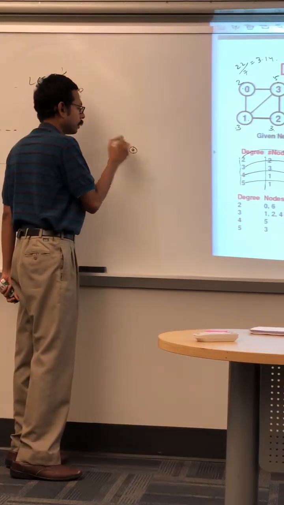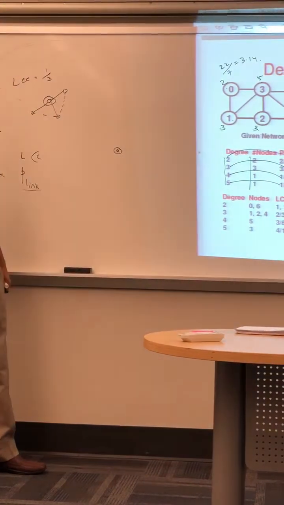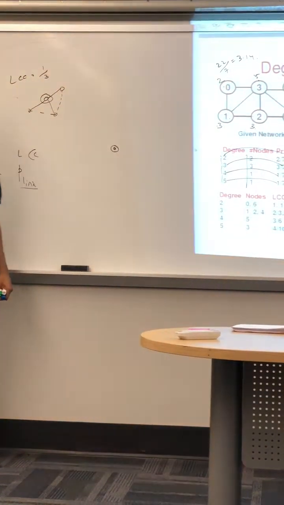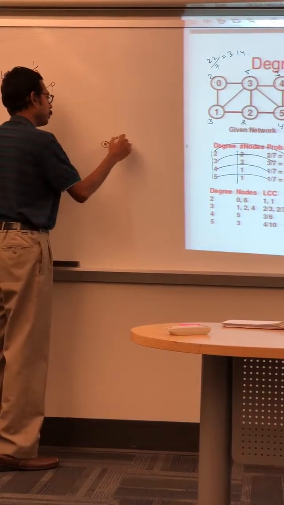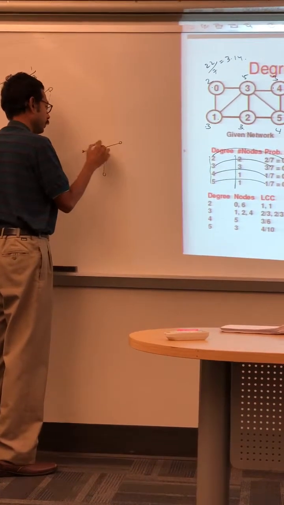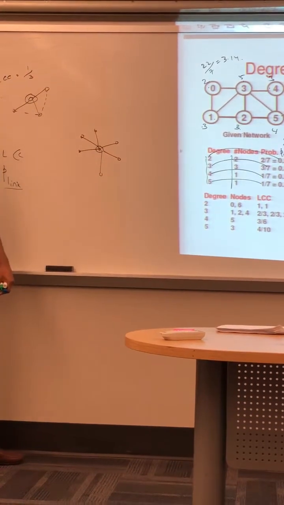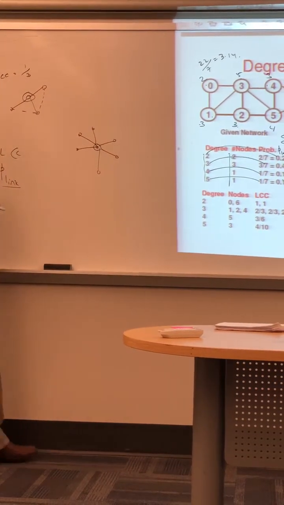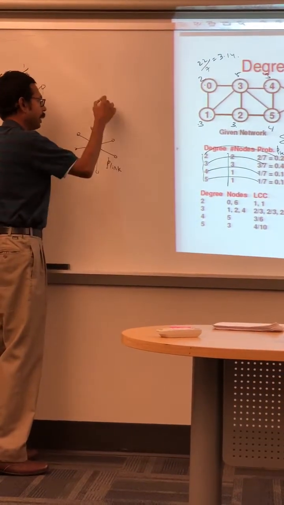If you have a node, what could be the maximum degree for that node in a graph of n vertices? N minus 1, right? And each of those n minus 1 edges to the neighbors could be there with a probability p link, right? So the average degree,